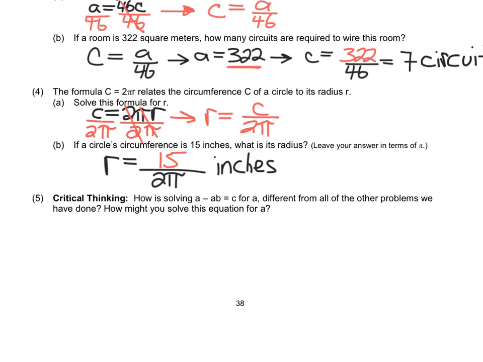Critical thinking. So we need to think critically. How is solving a minus ab equals c for a different from all the other problems we have done? How might you solve this equation for a? All right, well,